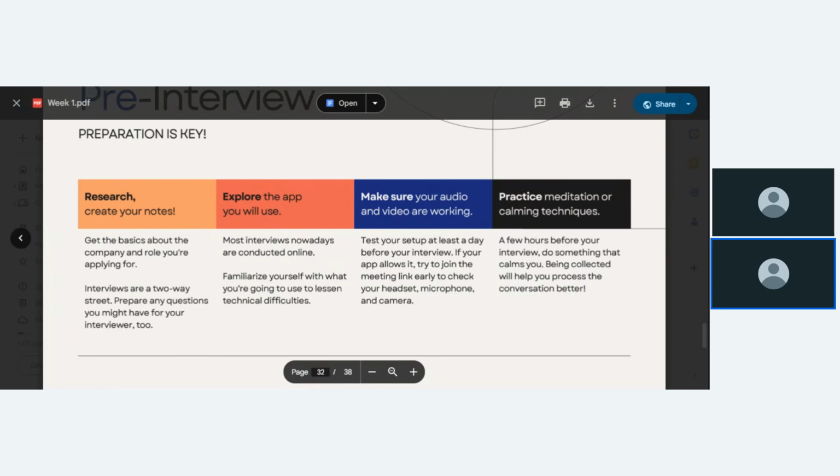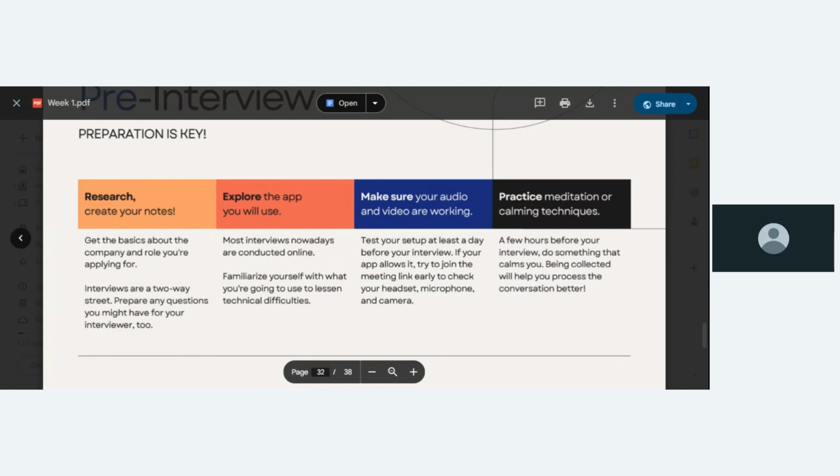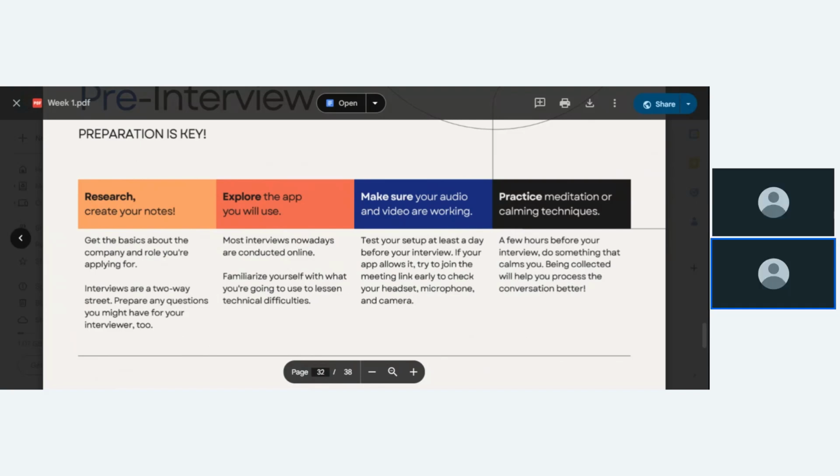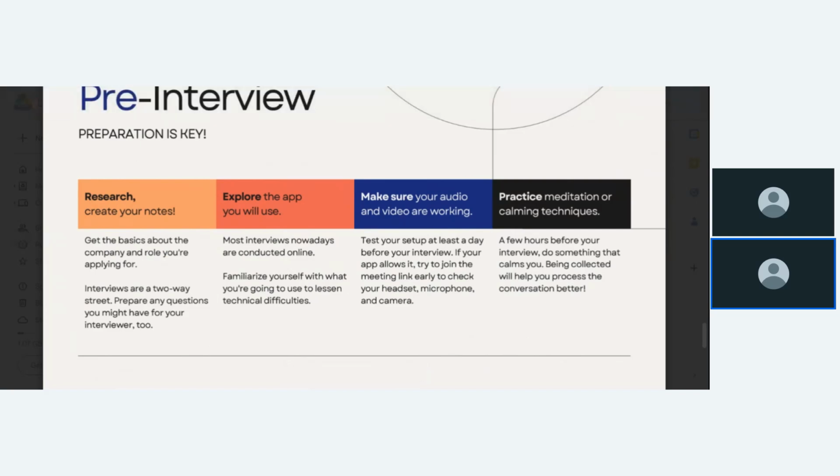It makes you look unprepared and not ready for the interview. So you want to prepare your questions so you can as well ask the interviewer. Could be questions relating to the role or to the company.